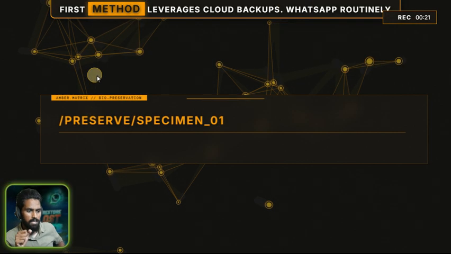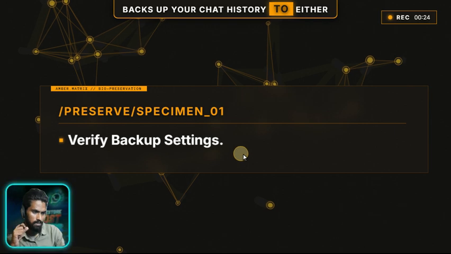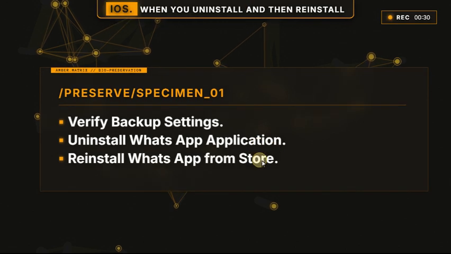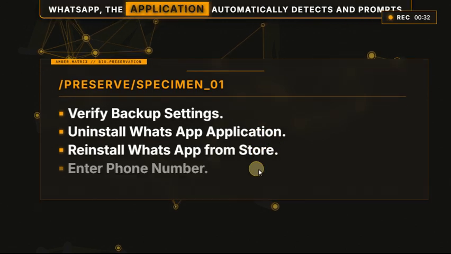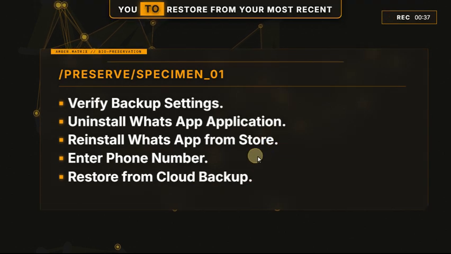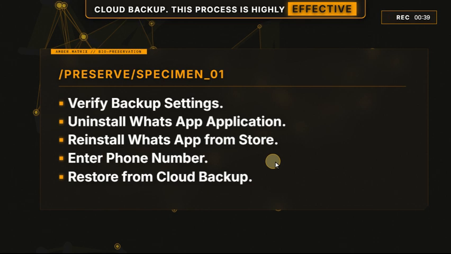Our first method leverages cloud backups. WhatsApp routinely backs up your chat history to either Google Drive for Android or iCloud for iOS. When you uninstall and then reinstall WhatsApp, the application automatically detects and prompts you to restore from your most recent